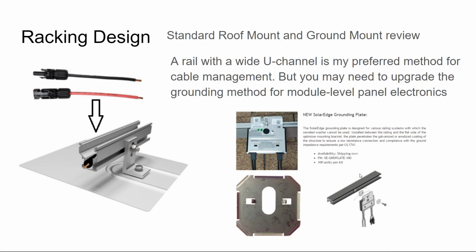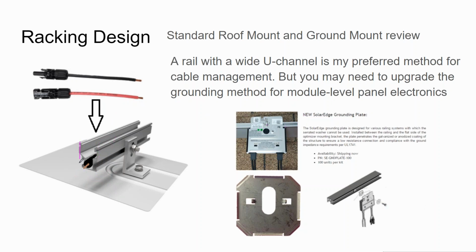Now, when I select my railing, I select my rail with a U channel. A lot of rail just has a very thin little slot for a nut to slide in, and that is more rigid than having this big open U. With the racking system that I like, a little nut gets put in across this span, and that gives the racking more rigidity after the clamp is put into it, but not before.